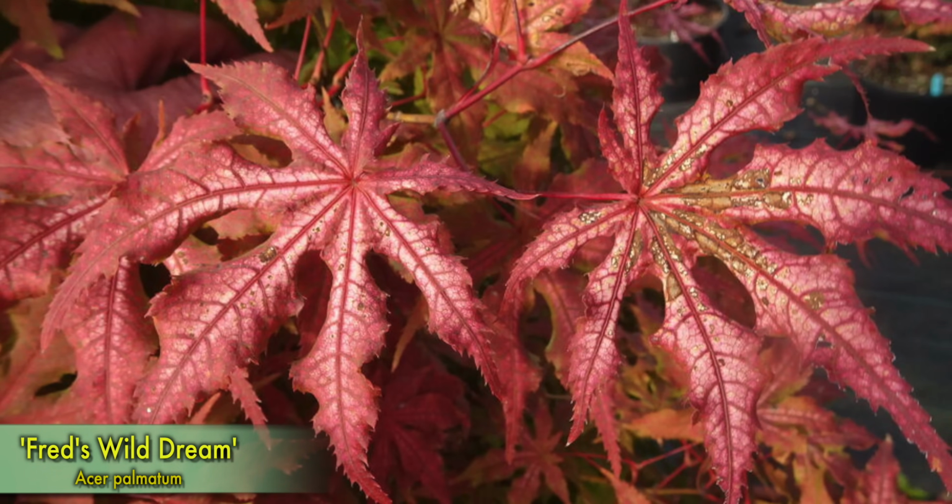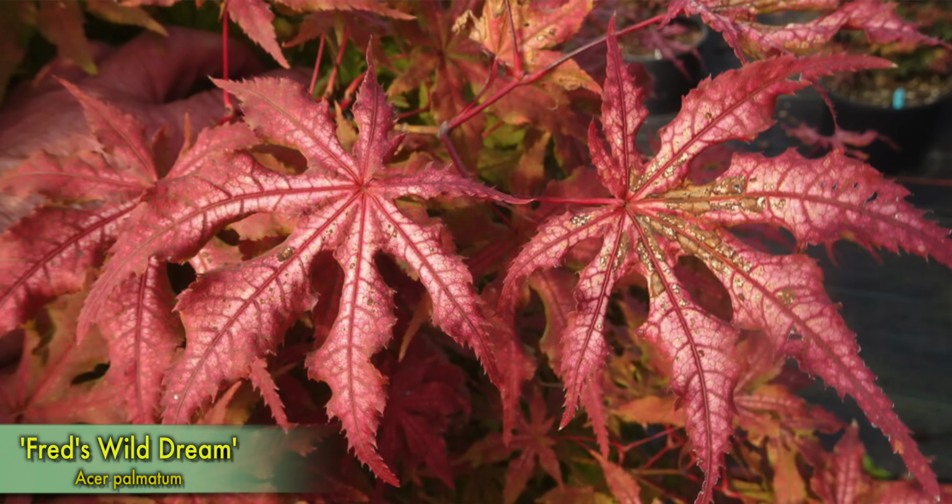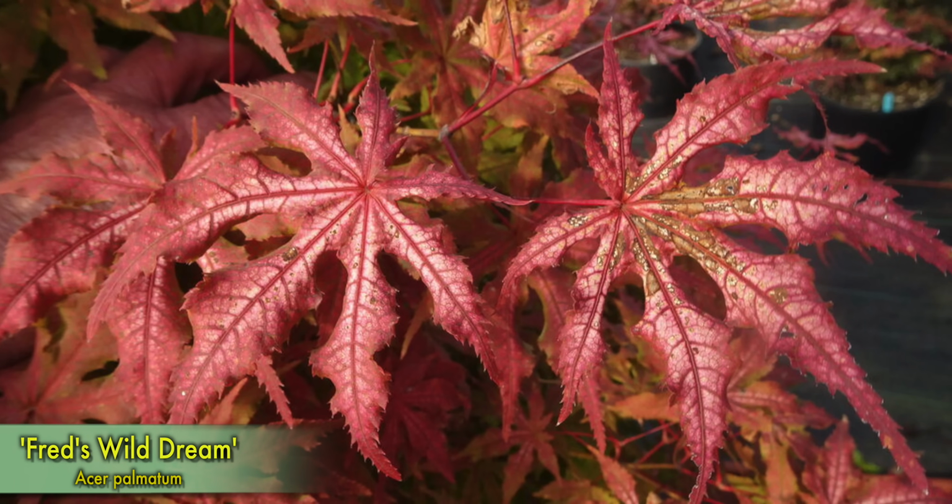And it's so beautiful. The pinks that it shows in the early springtime with the lime green articulation really, really set this thing apart. I mean, I love the name of it too. Just the contrast of the hot pink petioles mixing with the darker greens and lighter greens on this tree is really interesting. Now, Fred was a customer of Talon Buckholtz's, and he'd found this in one of the